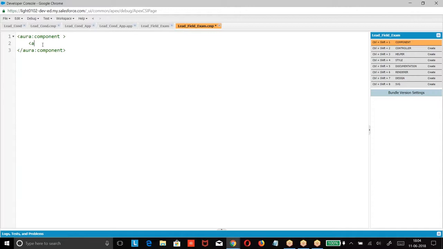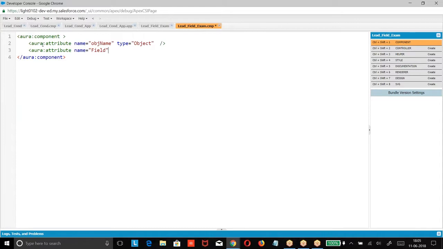Here, I am trying to get it dynamically. So what I am doing: attribute name equal to object name, type equal to object, attribute name equal to field. Because when you are creating, I should not create only for one particular object, one particular field. It should be dynamic. Any object name I give, any field name I give, the corresponding options I have to fix. So that the same component I can use for multiple examples.